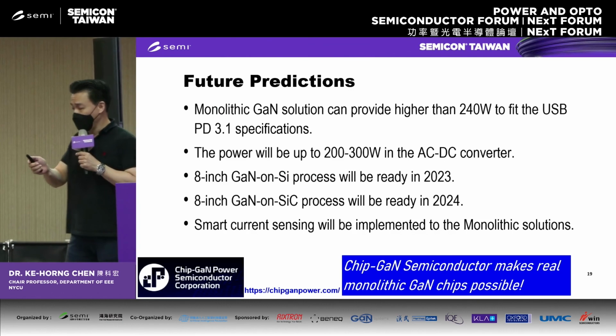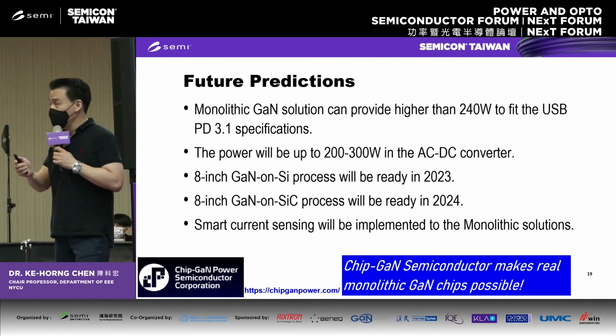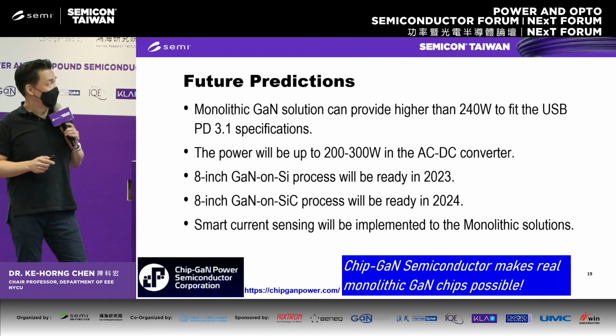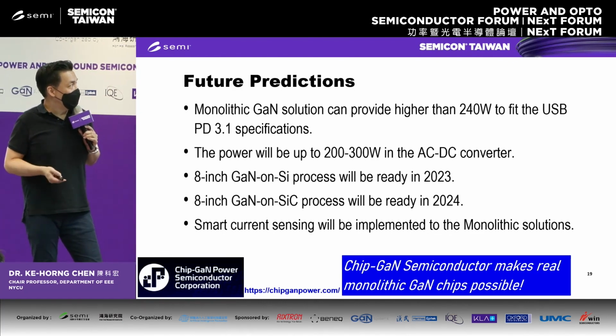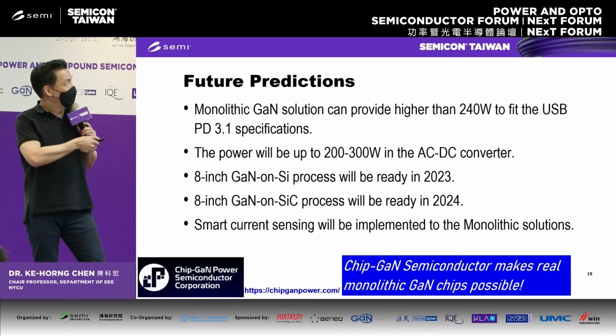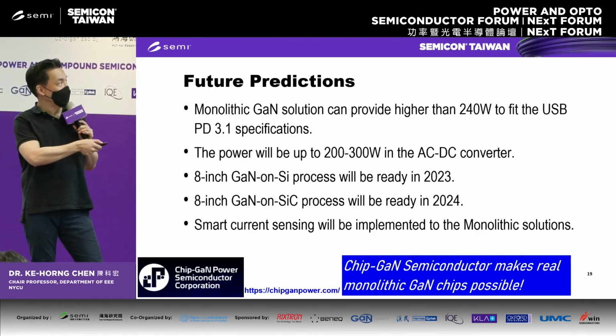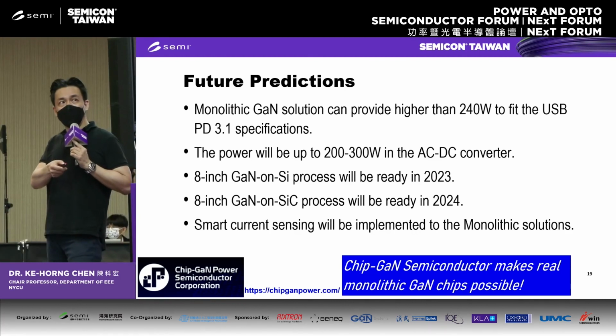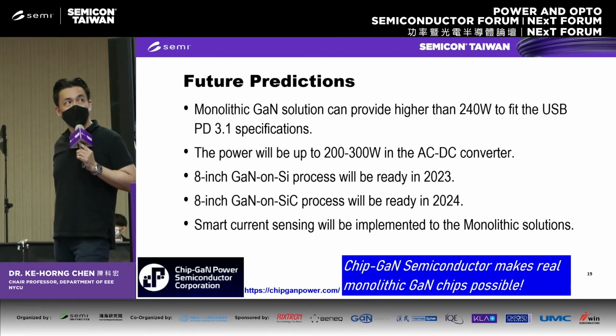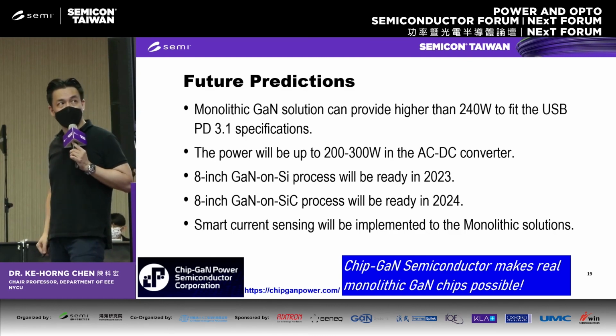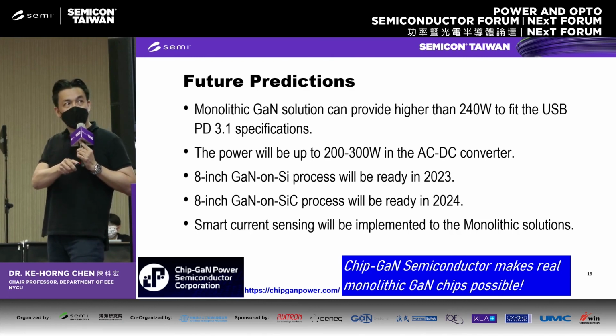Finally, let me conclude today's talk. After many studies of GaN, we can predict the monolithic solution can provide higher than 240 watts to fit the USB PD 3.1 specification. Maybe this year or 2023, the power will be up to 200 to 300 watts in the AC to DC converter, and the 6-inch GaN on silicon process will be ready in 2023,